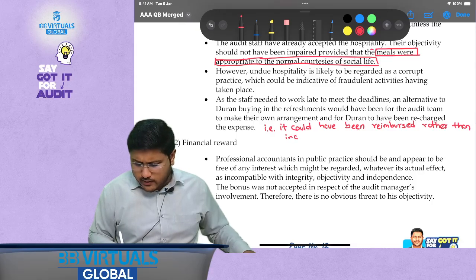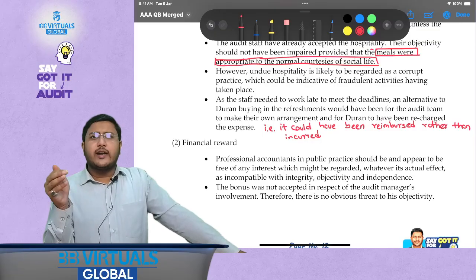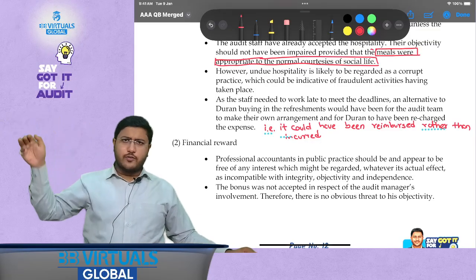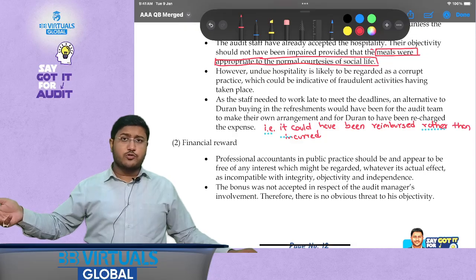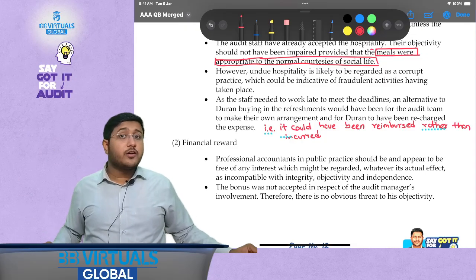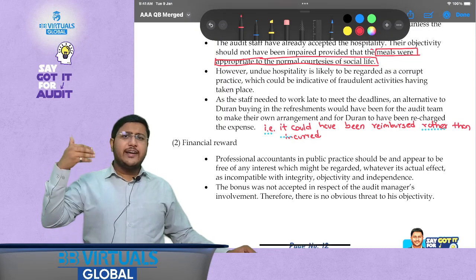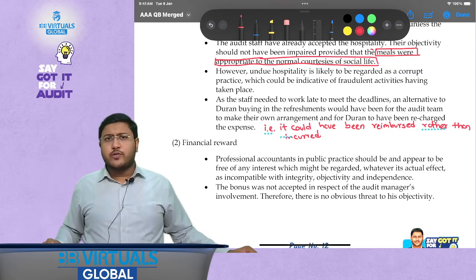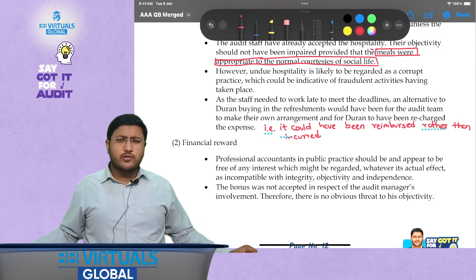But I'll be honest with you, my dear friends, what happens is a lot of times we are at a client place which is far away from the city, right? The factory places, the offices, the college premises, all of that could be far from the city, where food might not be available, especially at odd hours. So when the client is more inclined towards arranging the food there because of the non-availability, it could work as a normal thing also.